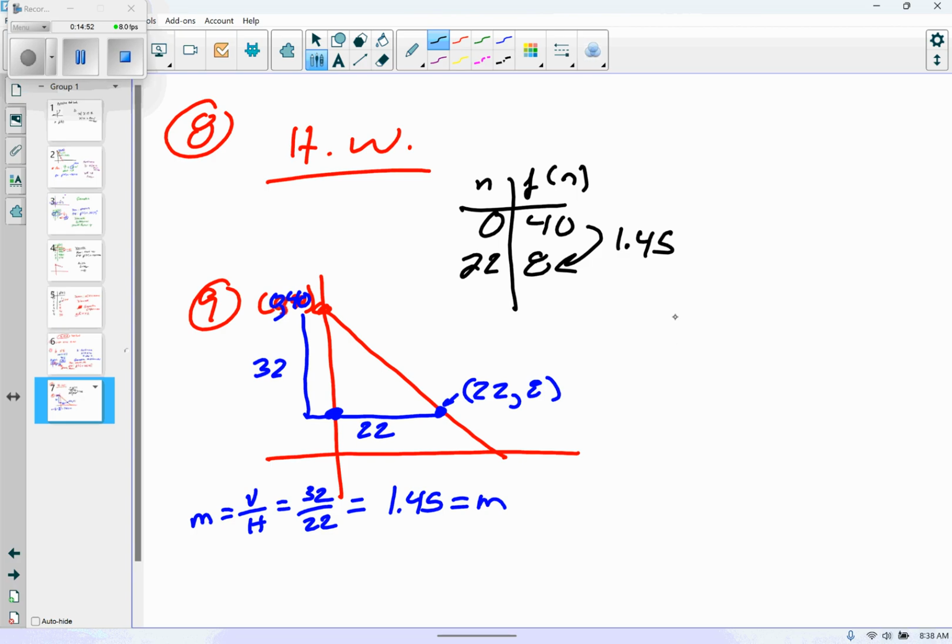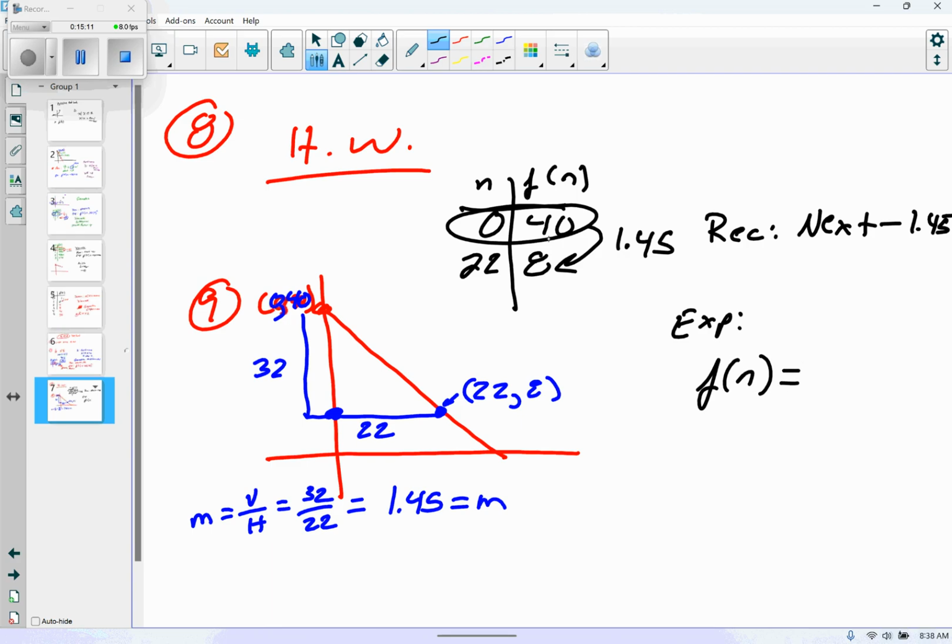So I'm going to list my first term. I can just do n. So my explicit and my recursive. So my recursive is going to be next minus 1.45. And my explicit is going to be f at n is equal to our first term, which is 40, time, and because it's 0, n,